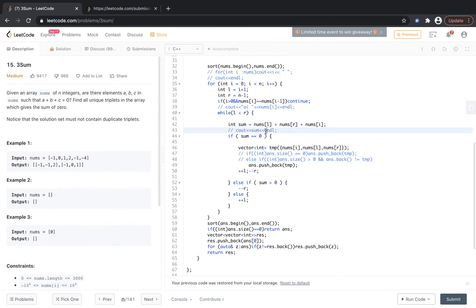So we have sum as nums[l] + nums[r] + nums[i]. If the sum is greater than 0, then try to decrease r, and if it is less than 0, then increase l.